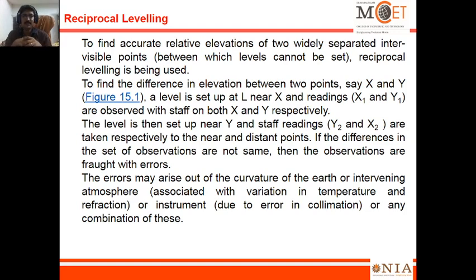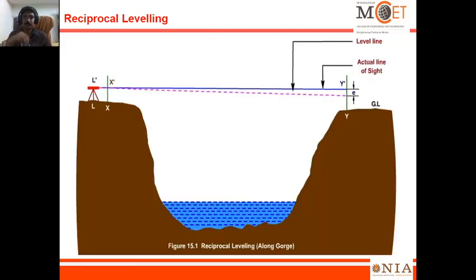If the differences in the set of observations are not the same, then the observations are fraught with errors. The errors may arise due to curvature of the earth, or associated with the variation in temperature and refraction, or due to the collimation error, right? Or all the combinations may occur. So this is what